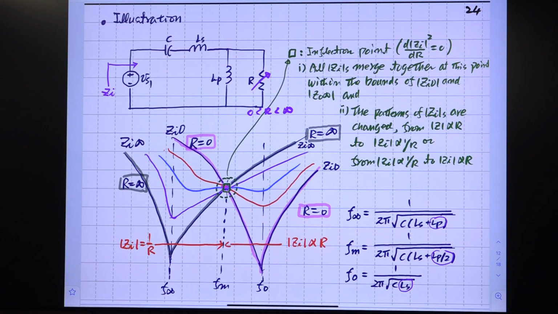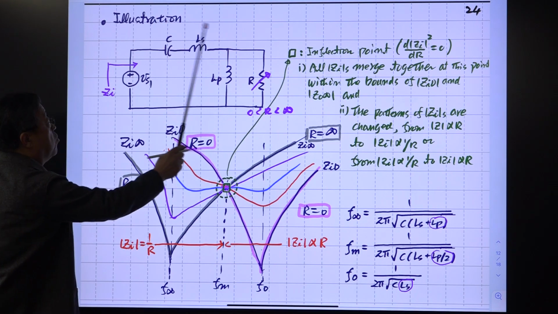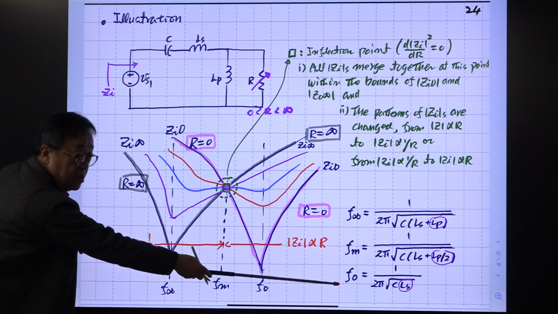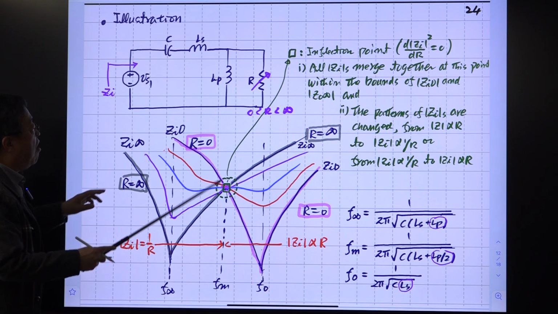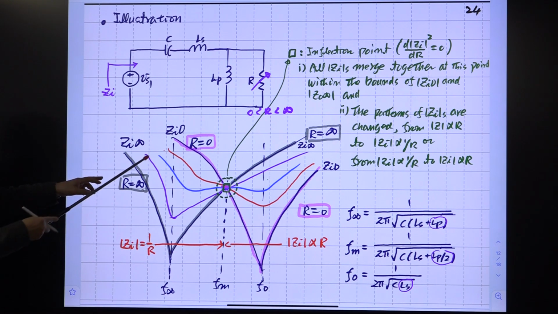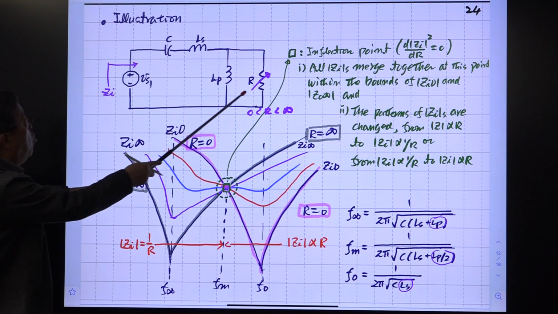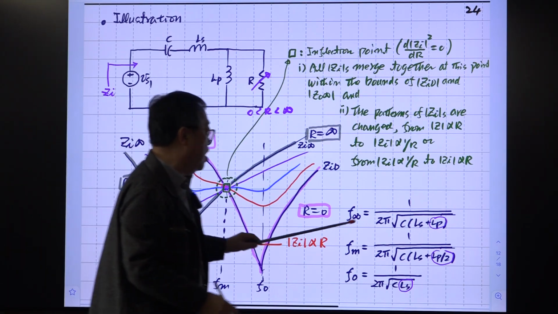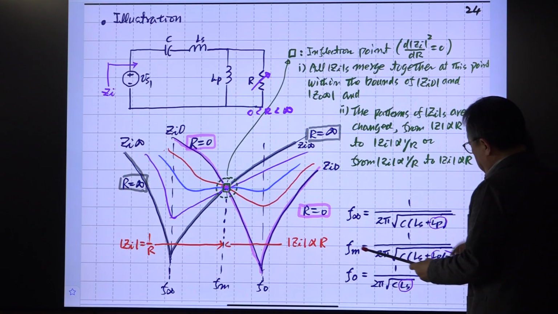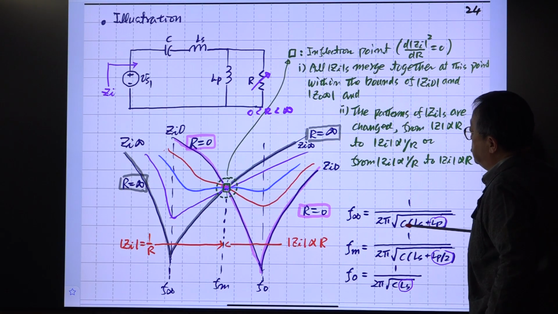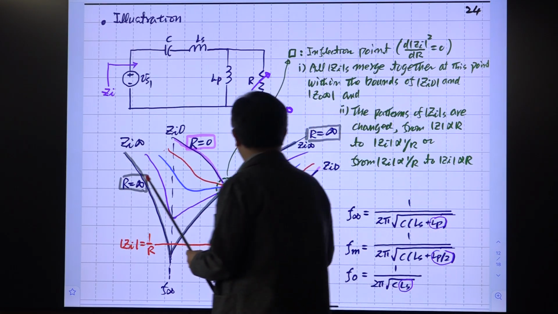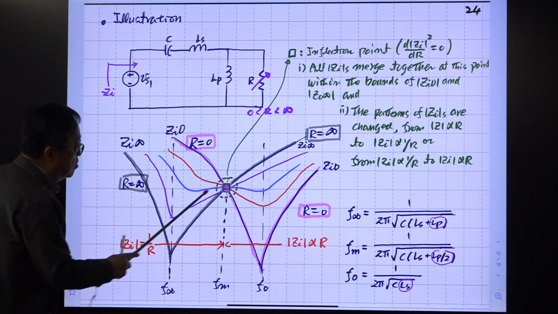Right? So at R is 0, this is shorted. So we have only one resonance, and the resonance frequency is definitely this one, right? And as R is increasing, assume R is infinitely large. Then this is open. Then resonance occurs through these three circuit components. That frequency is this one. This value is larger than this one. So this frequency occurs at a lower frequency, like this. Okay. For any arbitrary value in between, we have something like this.